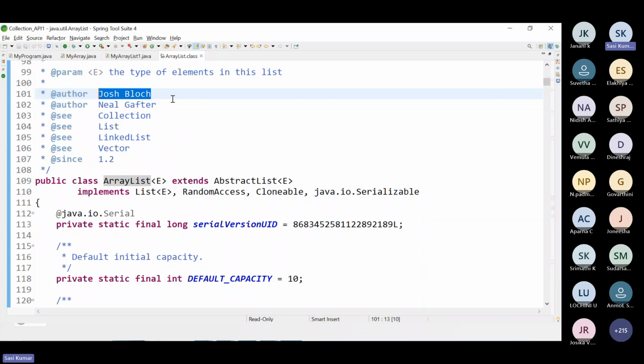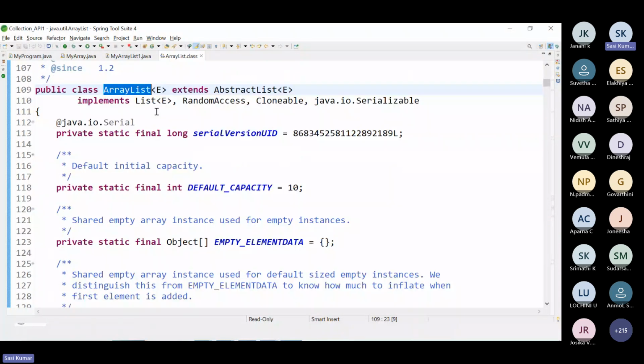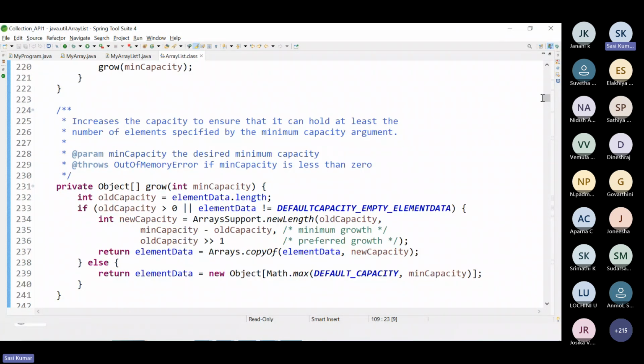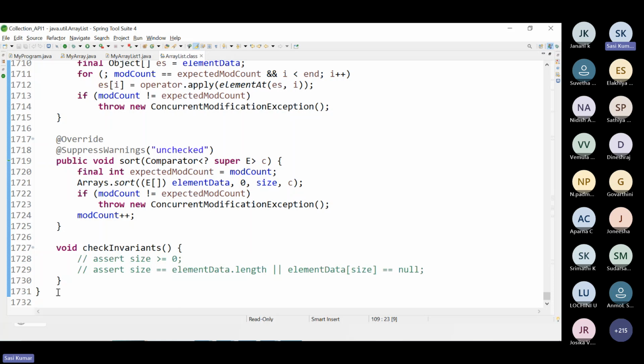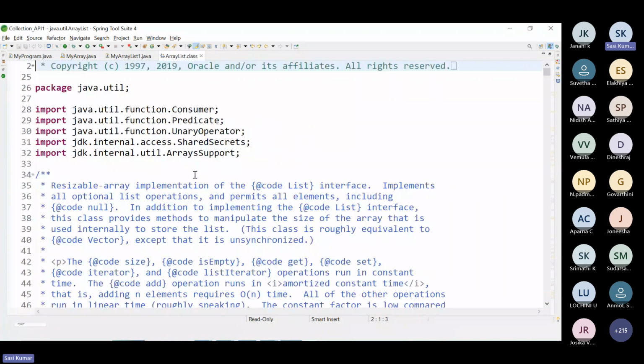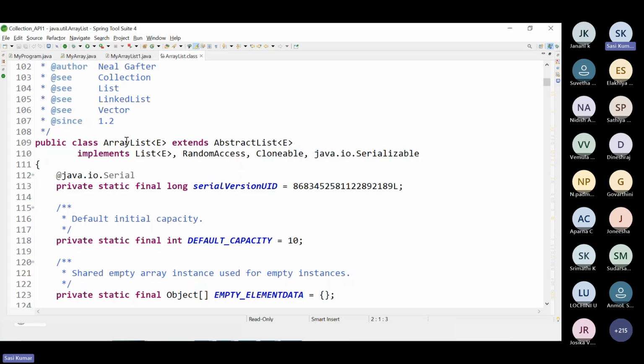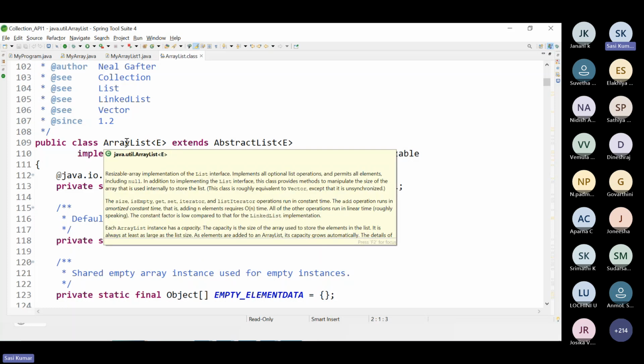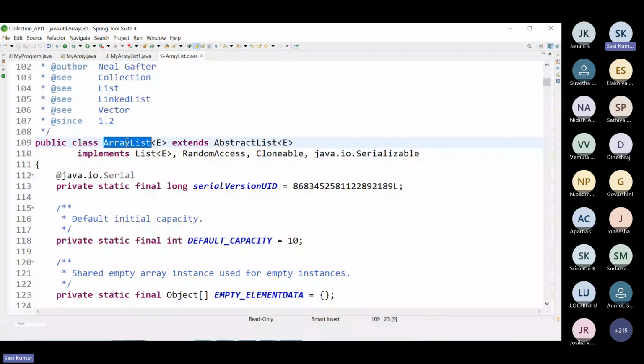The collection API, whatever session you are attending, is the number one important topic in the Java programming language. These people have written a predefined class called ArrayList. If you observe how many lines of code they have written, ArrayList itself is 1700 lines. It's simple. Arrays have many drawbacks, one being size. Once we define the size in Java arrays, it cannot be increased or decreased. By using ArrayList, we can overcome that.